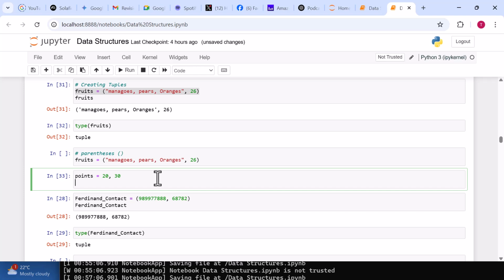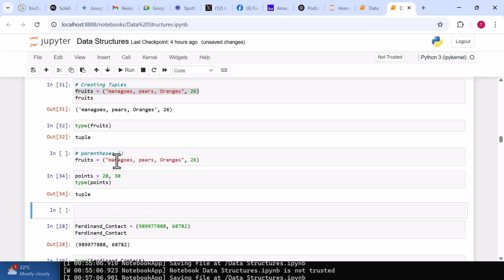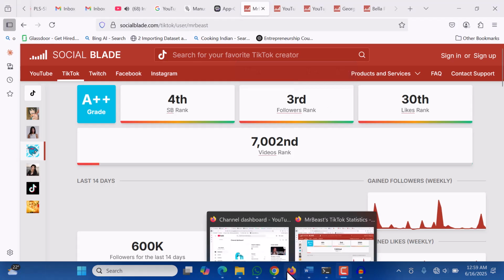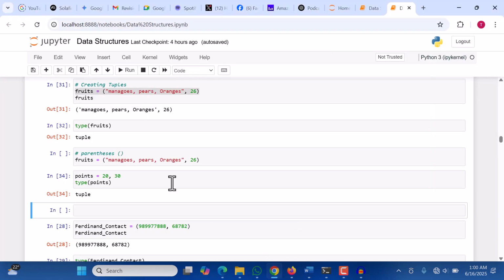If I print type and I put points, they still give me a tuple, because that's another way of creating a tuple. So that's another dimension that you can use to create tuples. So one of the ways, as we've seen, is using parentheses. The other one is creating it directly, and the third way could be that we use